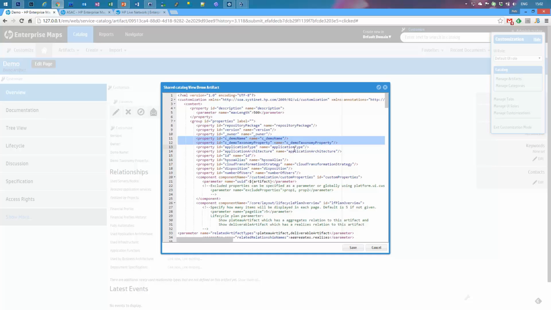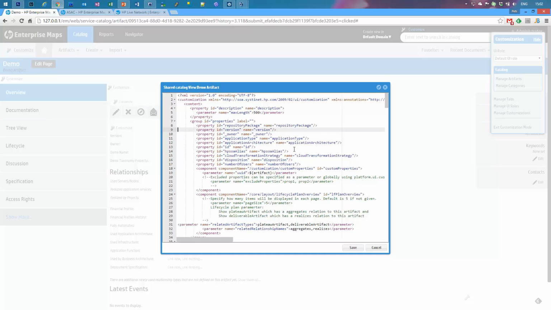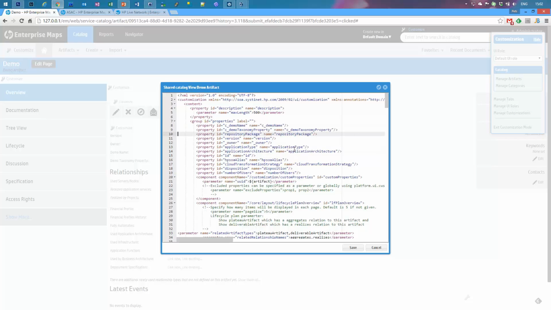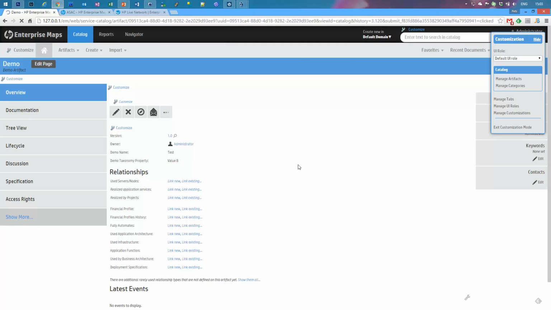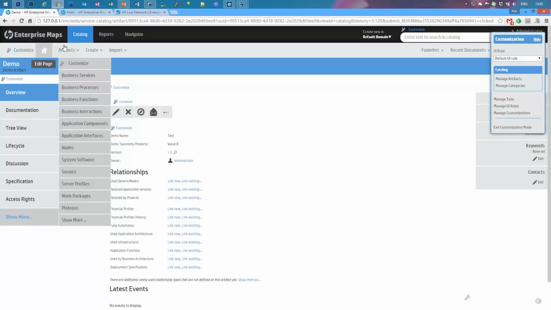So let's move it up like this, click on save, and we can see that the order was changed. So in this way you can change how it looks. So let's get back to the